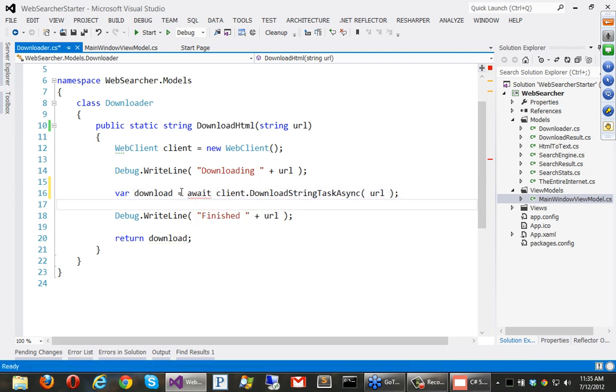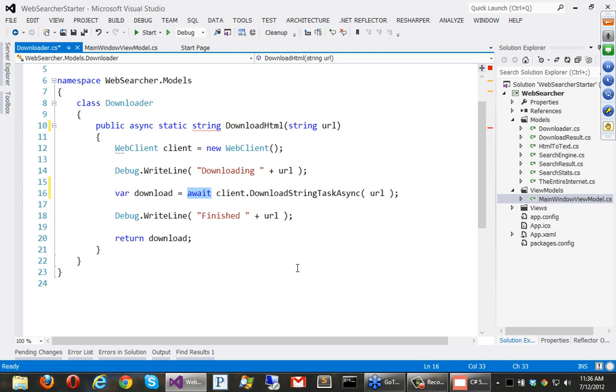Now you can see it's got little squiggly lines and stuff, and says you can't do this. This is just a convention that they put into C# 5. It technically could have been done without it, but they said if you're going to use this word, you need to sort of declare your method as being an asynchronous call. So you have to say async up here, and then you can see that await turns blue,